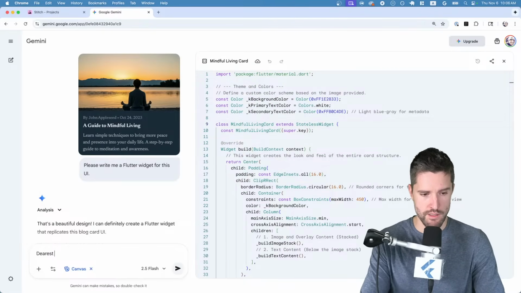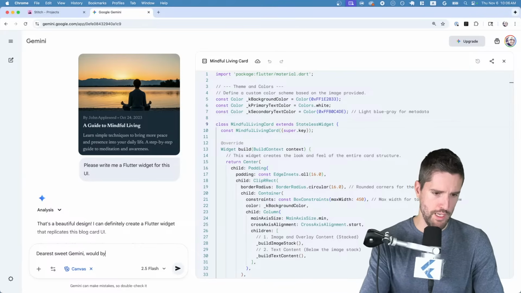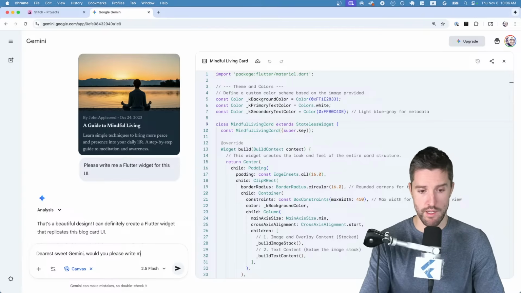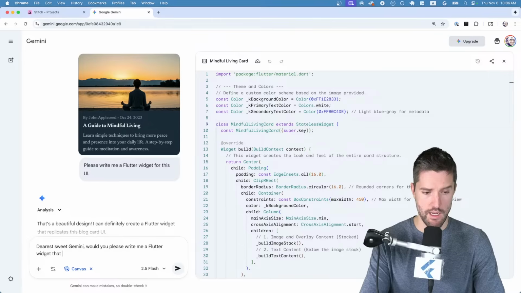So I will say, dearest sweet Gemini, would you please write me a Flutter widget that uses a custom scroll view to include both arbitrary content and a grid view